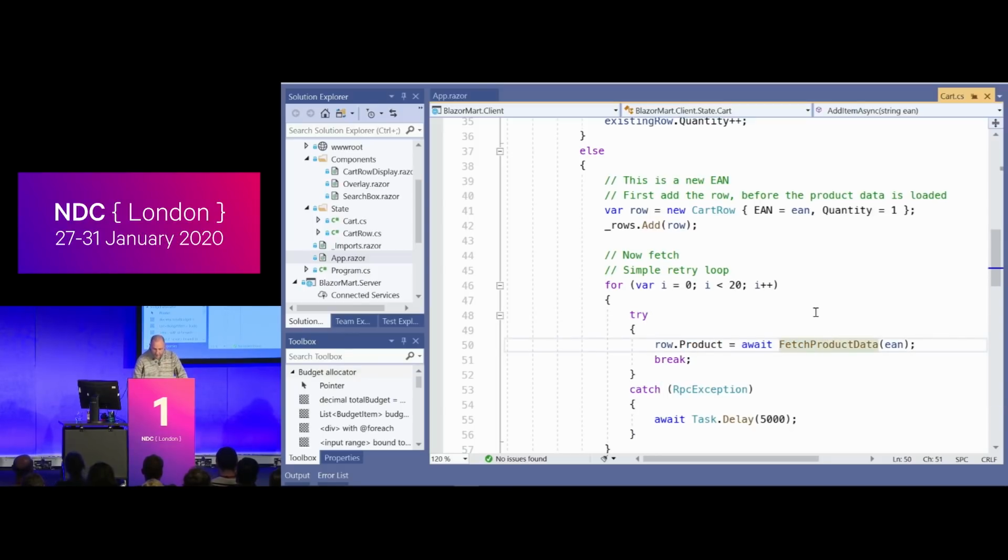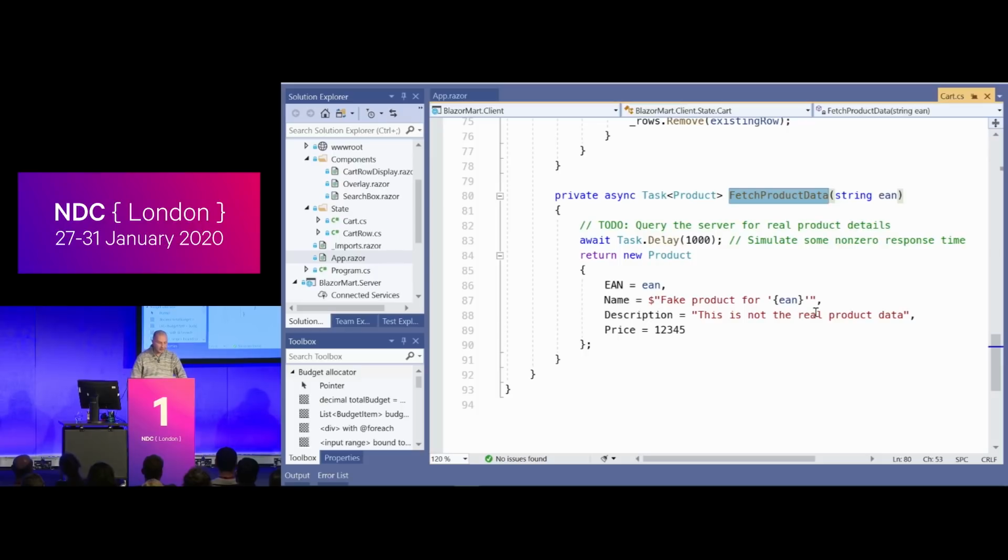The relevant bit right now is this bit. This is where we're going to actually fetch some data from the server. And as you can see, it's all very fake right now. So we're just waiting a little bit to pretend that we're doing some data access, and then we're returning this fake data. So how can we actually get real data from the backend server? Well,